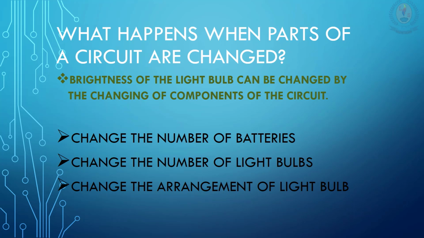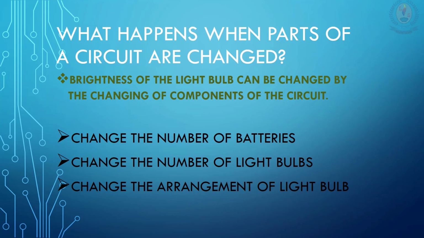Okay, what happens when parts of a circuit are changed? My dear children, before we learn about this, can you remember what a simple circuit is? Can you remember what the components in a simple circuit are? Yes, very good. A light bulb, wire, a switch and a battery are the components in a simple